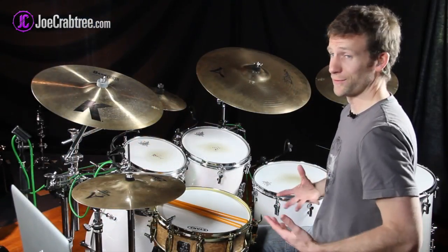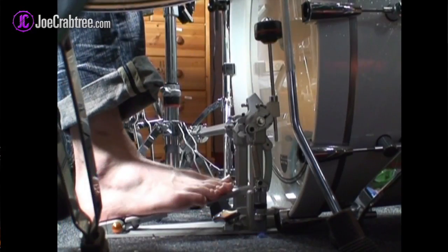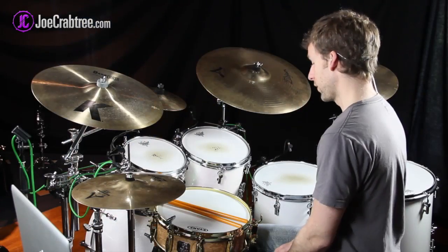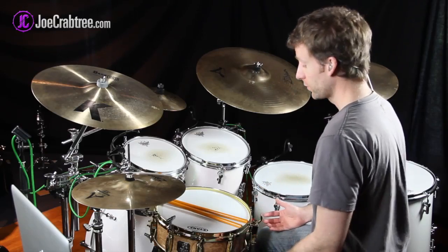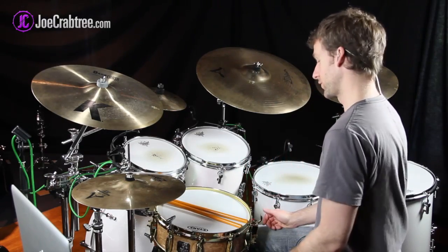You can do that even if you've got no core strength at all. It doesn't affect your balance. If you're playing heel down, it's easy because you've got that anchor point with your heel all the time. But if you play off the head and you play heel up, then you've got the problem that I was talking about. So the way I've come to kind of remedy this is, firstly,